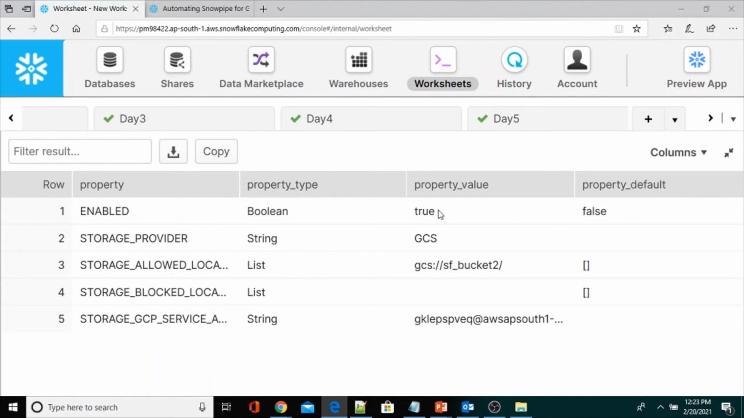The property type is boolean and the property value is true. We have set this to true. If you don't use this property while creating the storage integration, then the default value will be false. And storage provider, string, I provided GCS. So this is the mandatory